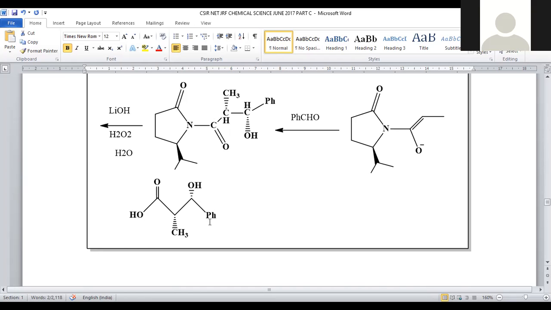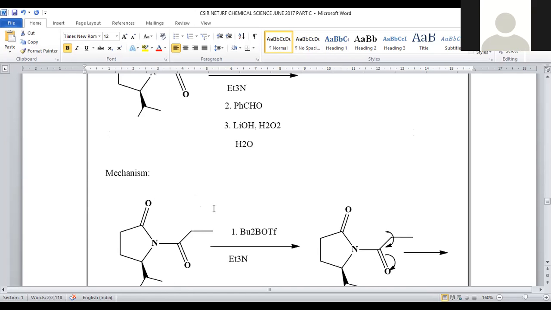Okay. So what will be the product? How many carbons are there? 1, 2, 3 carbon chain with the phenyl group, right? So what we can say? Second, third position. So hydroxy, methyl, which will get priority, hydroxy group. So 3-hydroxy-2-methyl-3-phenyl, but what? Propanoic acid. So this will be the name of the compound.